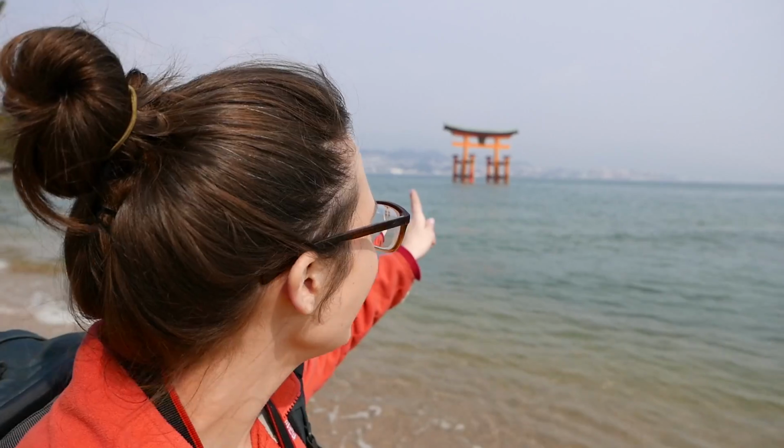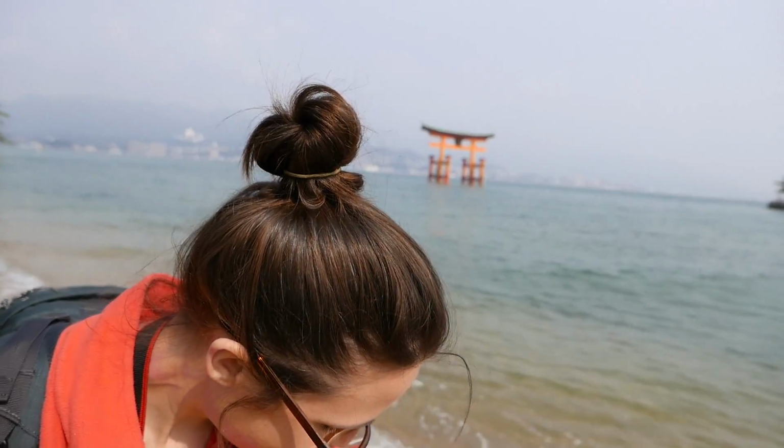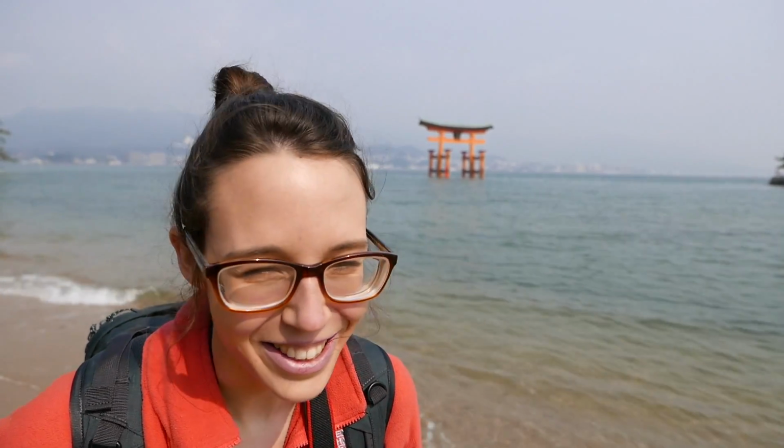So we would definitely recommend coming to Miyajima Island. It's definitely worth checking out. The torii gate is awesome. I mean, definitely come when there's low tide so you can walk underneath it. But it's really nice seeing this side of Japan. Woo! I like being near the ocean and more of like a beachy feel to it. I mean, it is an island, but